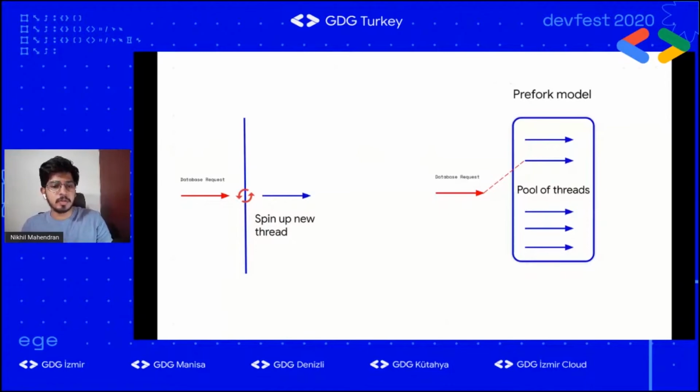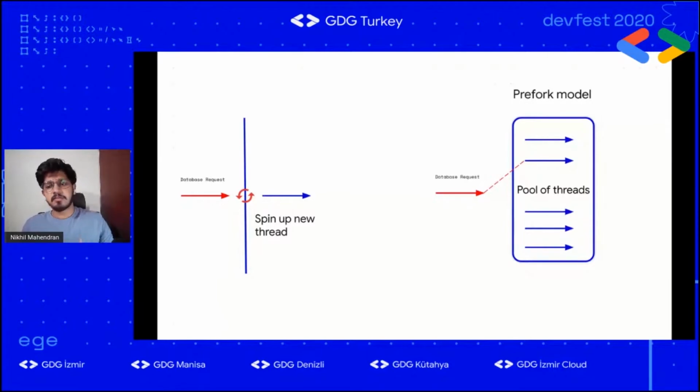That is how we use something called a database pool, or pre-fork model. As you see from the right side diagram, the box is called the pool. Inside that, 5 blue color threads are already created. So database threads are pre-created and they reside in the pool. When a new request, the red line, comes in, it can pick one of the 5 existing threads and execute a query. After the database thread executes the query, it returns back to the pool. It won't get destroyed. This way we can reuse the threads, which saves a lot of execution time and setup time.